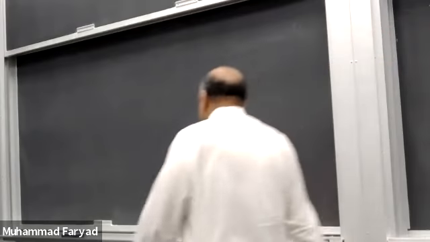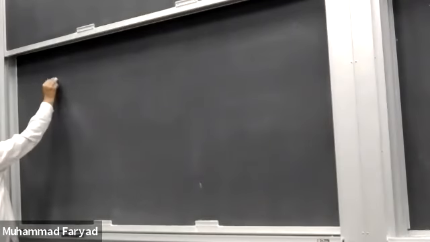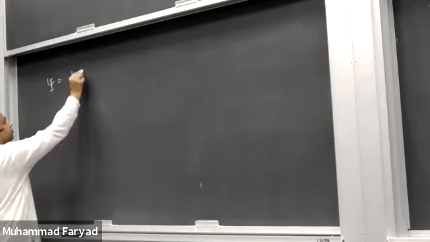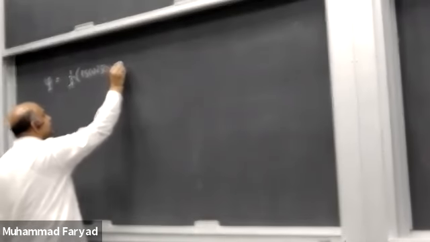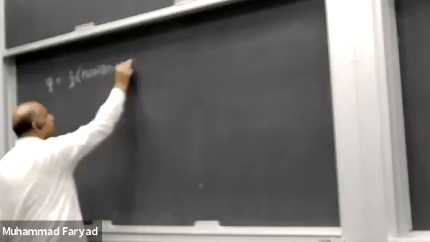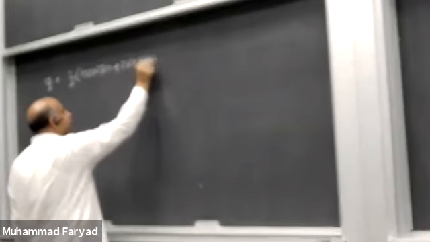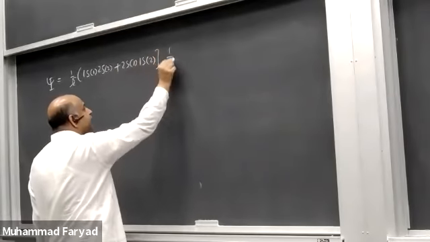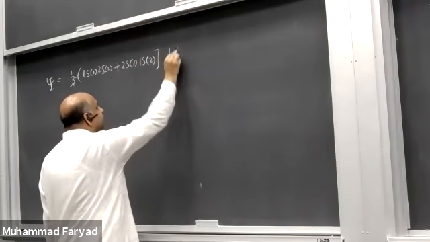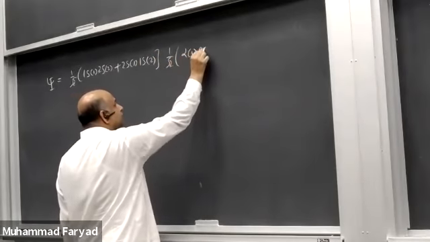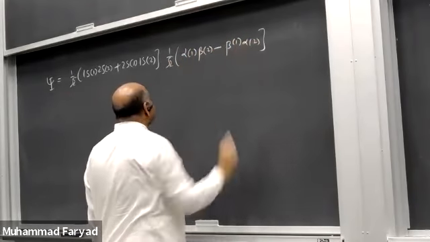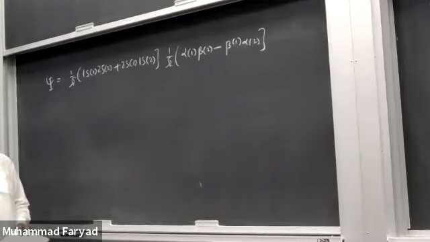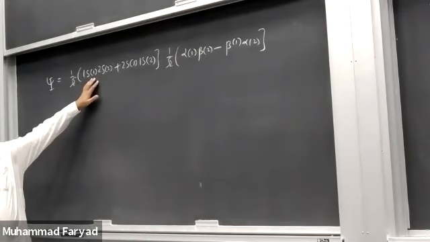So another possible excited state is 1/√2 1s1 2s2 plus 2s1 1s2, और इसके साथ जो स्पिन पार्ट है वो एंटी सिमेट्रिक होना चाहिए, माइनस। So this is also an excited state, और इसकी भी हमने एनर्जी फाइंड की है।